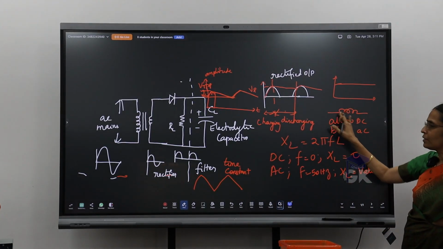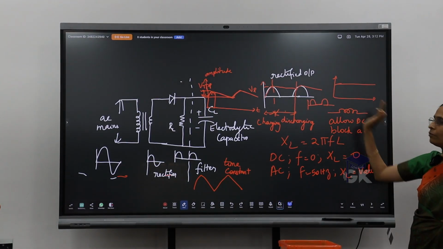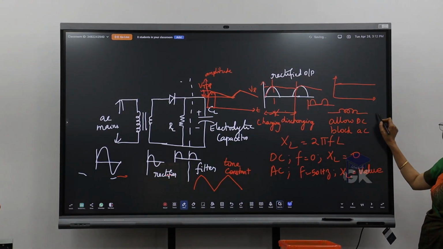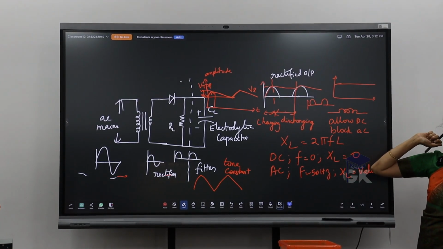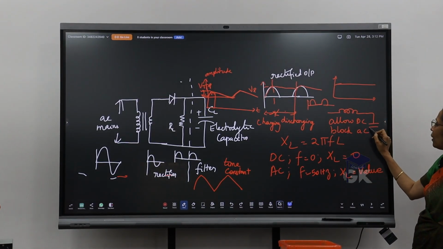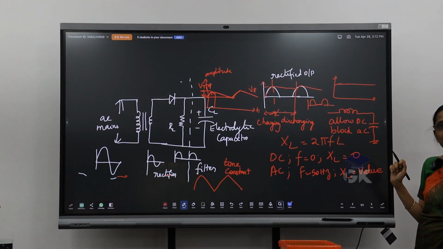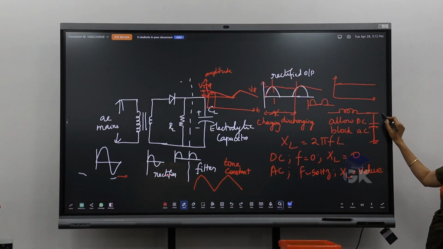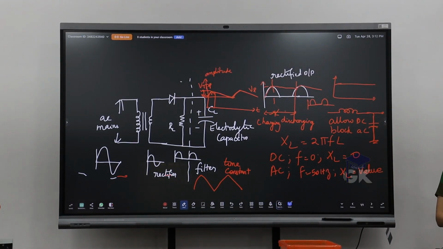So now if I am putting this in series, what will happen? There is some signal with AC ripples coming. What my inductor is going to do? It will allow only the DC component and it will block the AC component. Right? Along with this, say I am putting one capacitor also. I have an LC filter. Further, what this C will do? It will block the DC and allow the AC. So what will I have ultimately? I'll have a proper DC signal at my output.